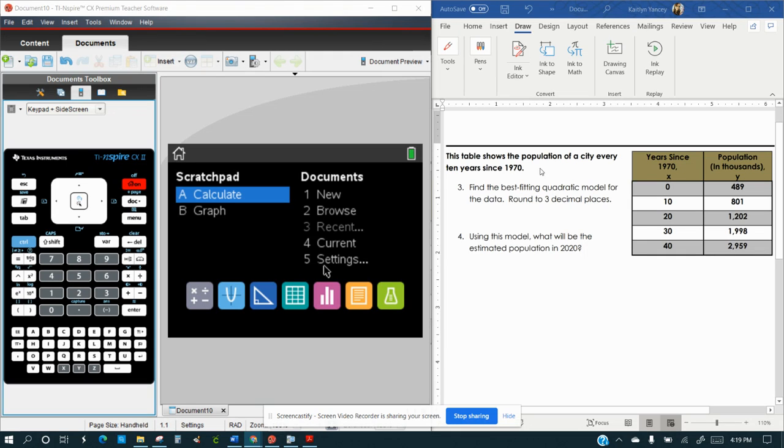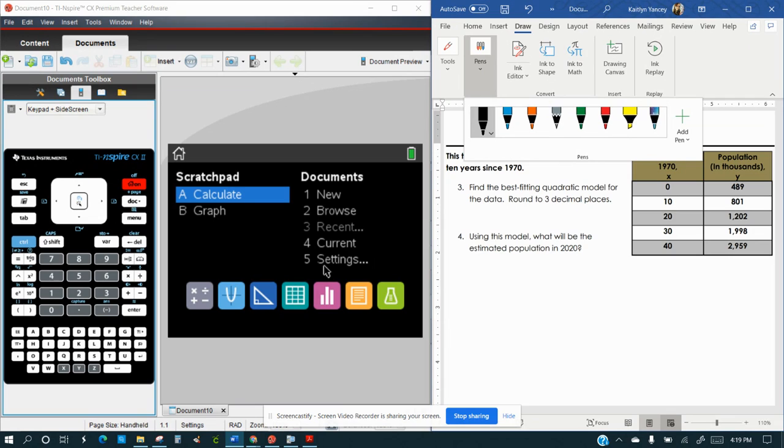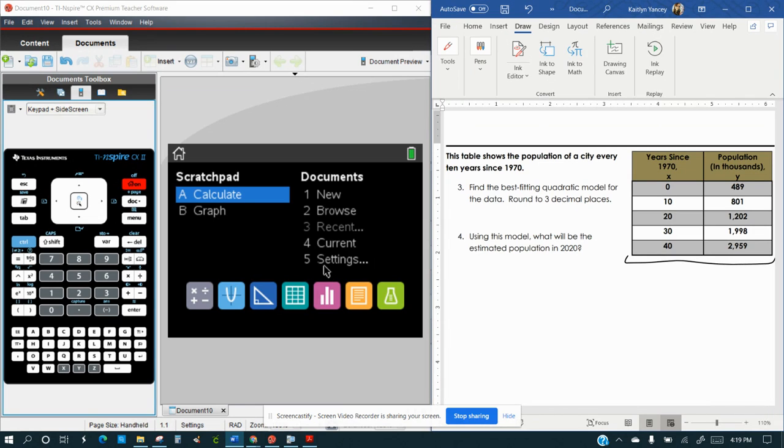This table shows the population of a city every 10 years since 1970. So the first question, number 3, says find the best fitting quadratic model for the data, round to 3 decimal places. So the first thing we're going to do is put this table into our calculator to